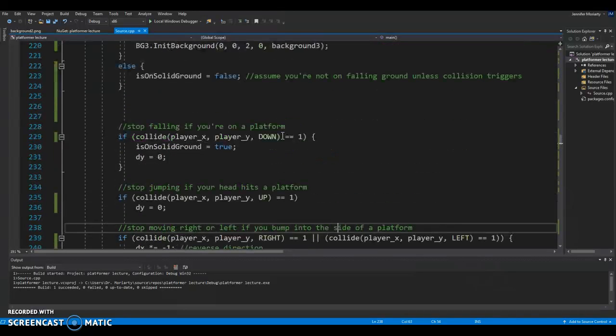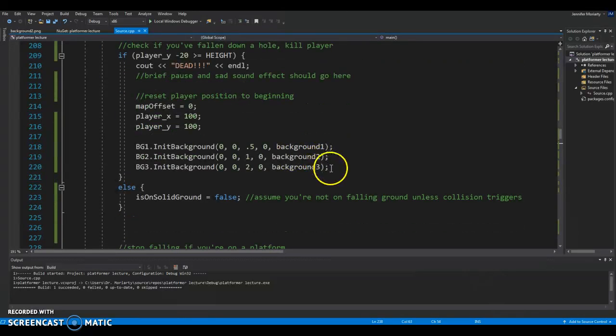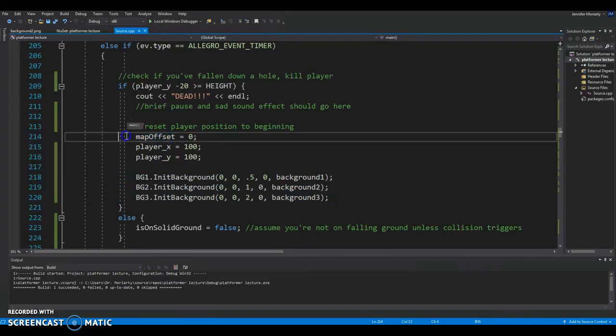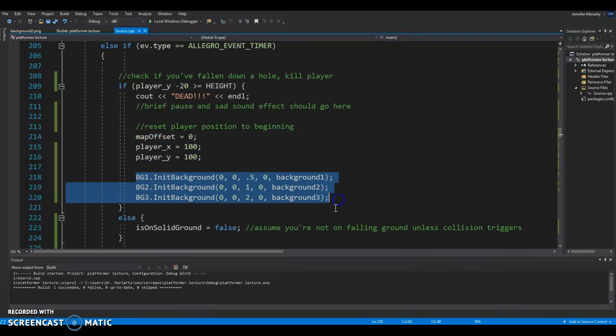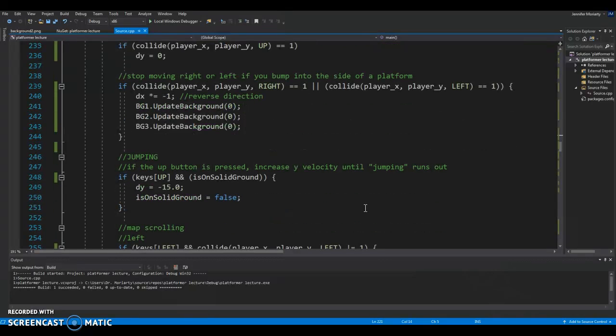So the only calls you have here in the timer section, the only time you really mention it. Oh, one other thing I forgot to mention. When you die, you want to reset your backgrounds. And I just did this by calling the initializer function again. So when you're going through your timer section, the first time you see anything having to do with this background is here in the death section when you fall down a hole and reset the player's position. You also want to reset your background images. The next time you see it is when you're moving,